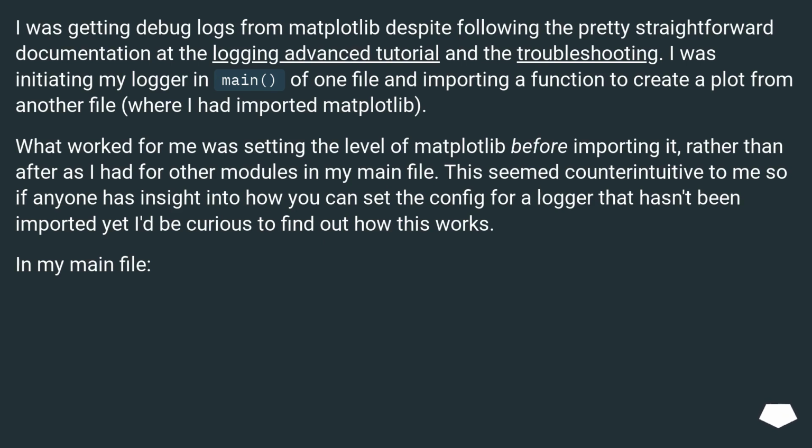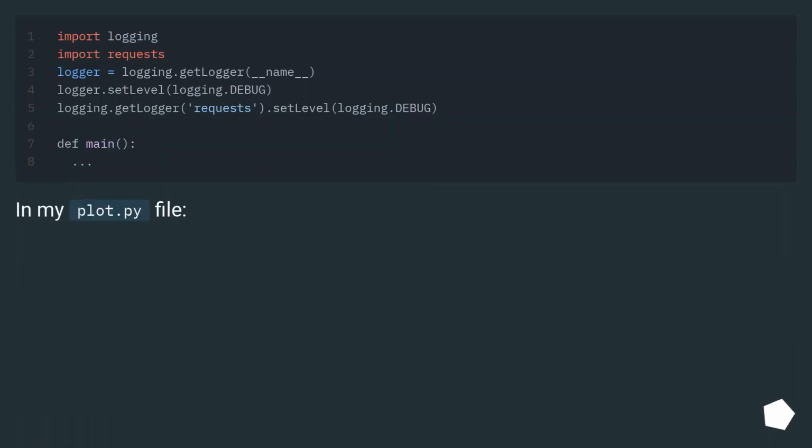This seemed counterintuitive to me, so if anyone has insight into how you can set the config for a logger that hasn't been imported yet, I'd be curious to find out how this works. In my main file, in my plot.py file,